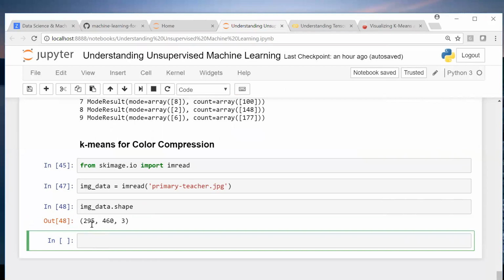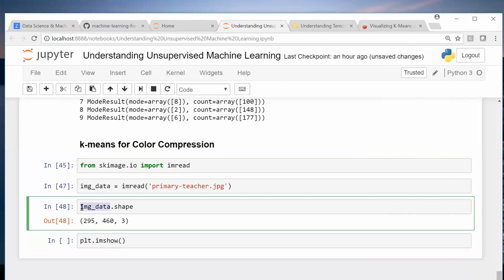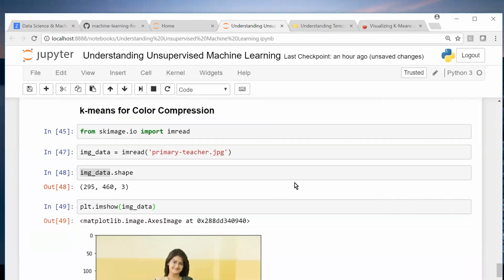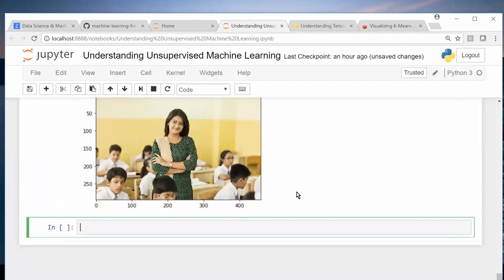So you can see 295, 463. And if we want to show this data, imread and imshow are just reverse of each other. plt.imshow. Fine, right?